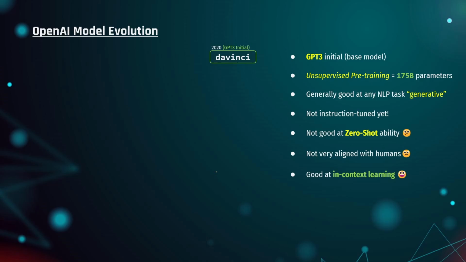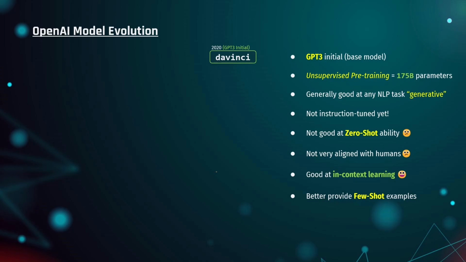But initial models like Da Vinci were not instruction tuned. So as a prompt engineer, if you use the Da Vinci model to perform any NLP task, you have to provide the model with additional context, okay. You have to provide the model with explicit examples when designing your prompt. You have to provide few-shot examples, right? And based on your demonstration, the examples you provide, our model would perform better, it would better understand what you really want, okay.